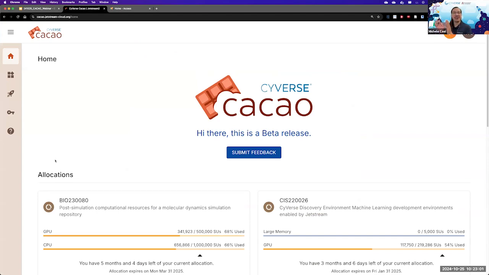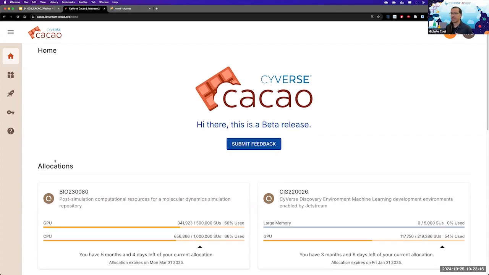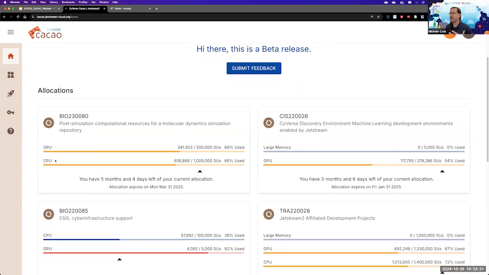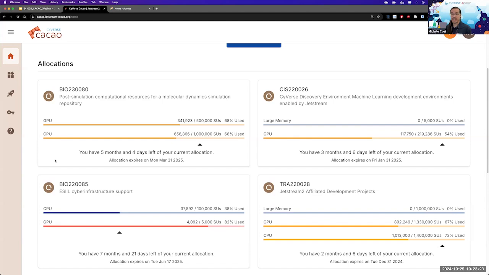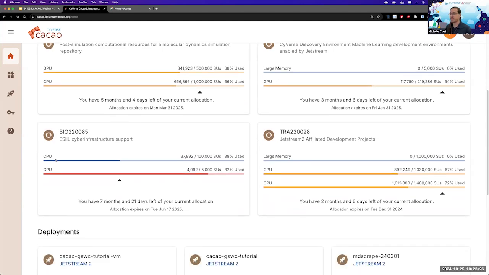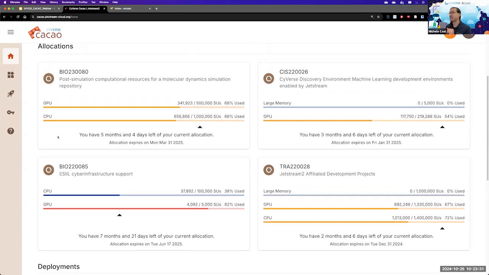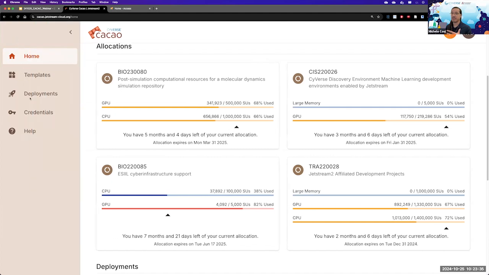And let's assume that you are registered for Access and you have an allocation given to you for a specific workshop or a research. How do you go about running things? So first of all, once you do log in, you are able to see the allocations. And these are all allocations that are available to you and have been approved through Jetstream or other cloud computing platforms. What we're seeing right here is the allocations that I have, and I have added these allocations through credentials.